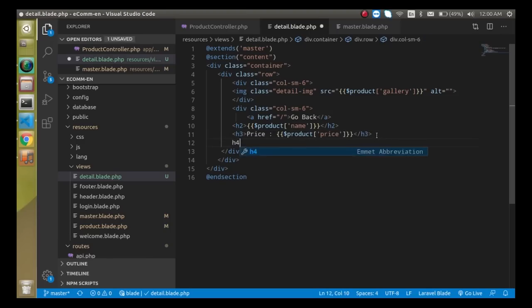And now let's take an H4 tag and simply add details, or you can add the description if you want, and just put here description. And similarly we can also add the category here,